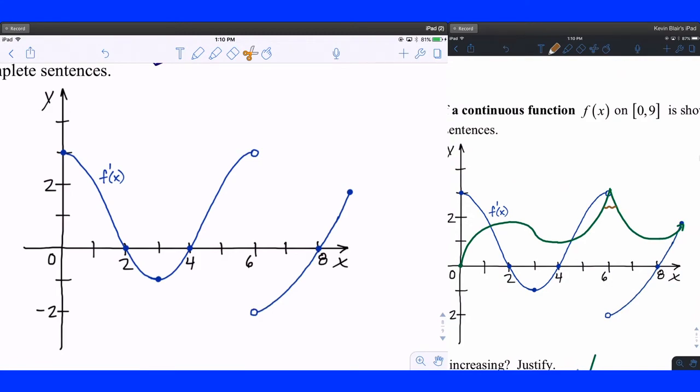notice we're going uphill from 0 to 2, and we're going downhill from 2 to 4. So it's about the same amount of time, right? 2 seconds. But notice we're going uphill at a rate like 3 miles per hour, and the lowest value here at 3 is only negative 1 miles per hour. So I think we were going up faster than we were going down, so I don't think it dips below